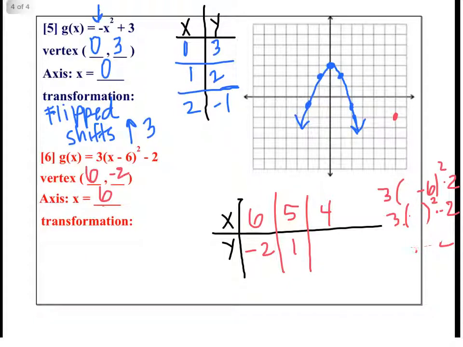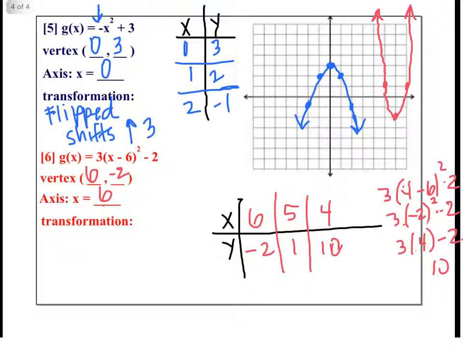Let's erase some of our work. So I'm going to plug 4 in for x. 4 minus 6 is negative 2. So it's going to be 3 times 4 minus 2, which is 12 minus 2, which is 10. Okay, so 5, 1. And actually, mine aren't going to really fit, so I'll reflect that one over. The other points are going to go off the graph,